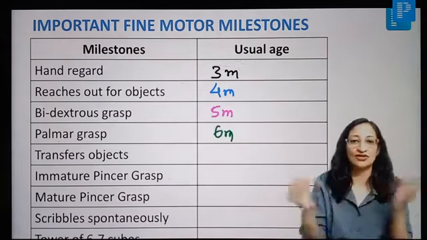Now the language milestones, the important ones. The child vocalizes at 2 months. A more musical sound, that is cooing, at 3 months. Monosyllabic babbling at 6 months. Bisyllabic babbling like papa, mama, papa, but without meaning at 9 months. 2 to 3 words with meaning at 1 year. Okay, 1 year, 2 to 3 words with meaning. Jargon speech at 15 months. A child knows 10 words with meaning at around 18 months of age, and the child is able to speak sentences: 2-word sentences at 2 years of age, 3-word sentences at 3 years of age, 4-word sentences at 4 years of age, and so on. So these are some very, very important milestones that we must know, right?